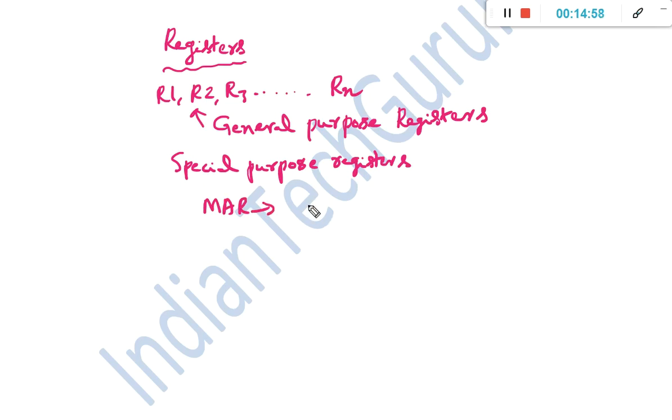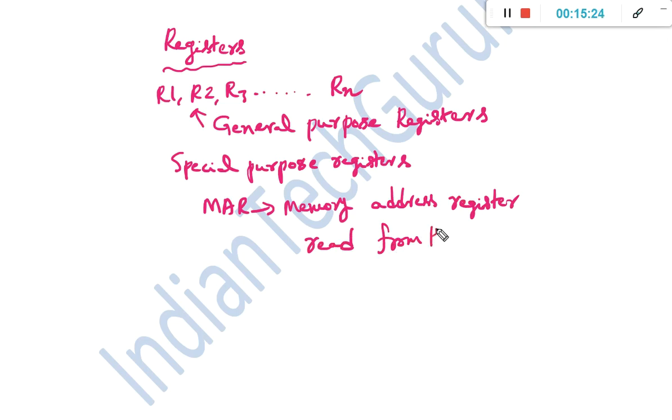MAR means memory address register. So this memory address register is a special purpose register. What is its purpose? It is going to either read the content